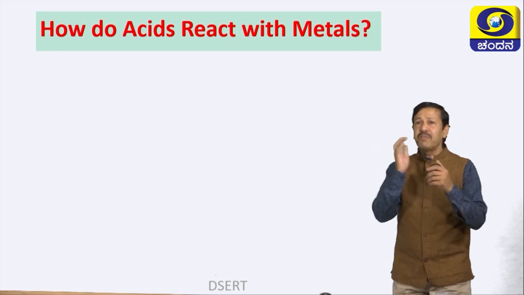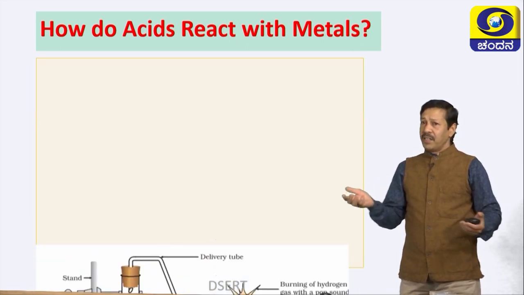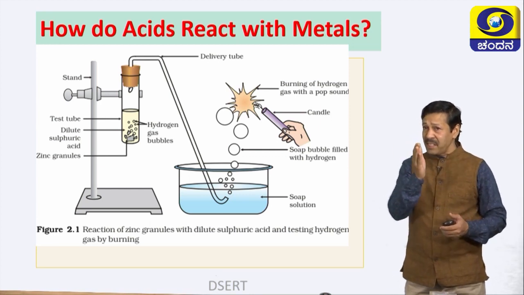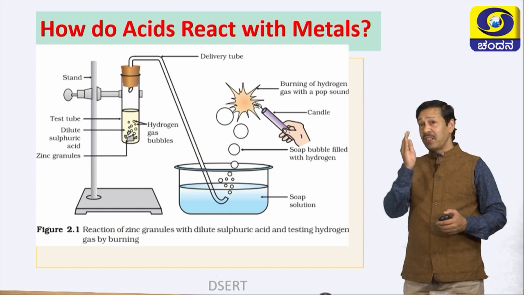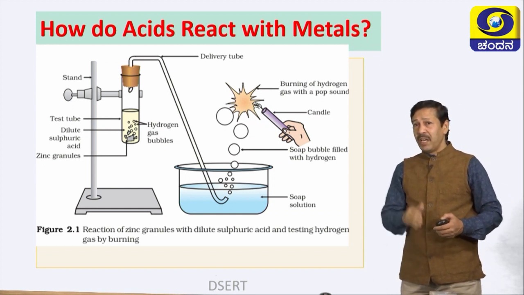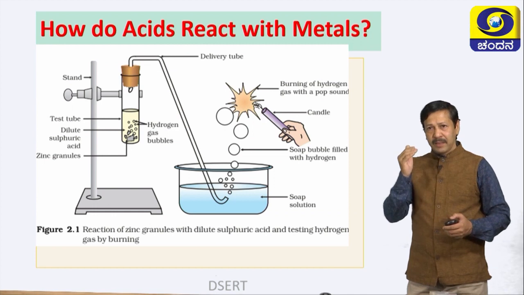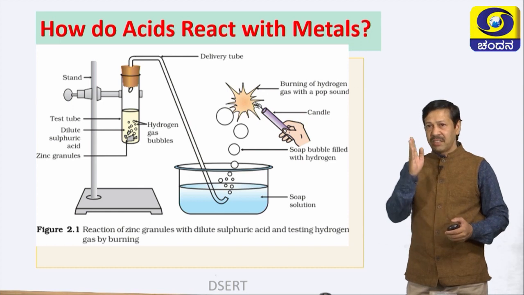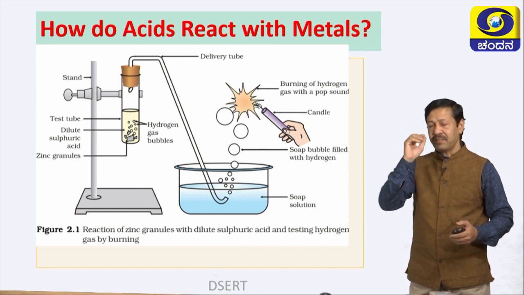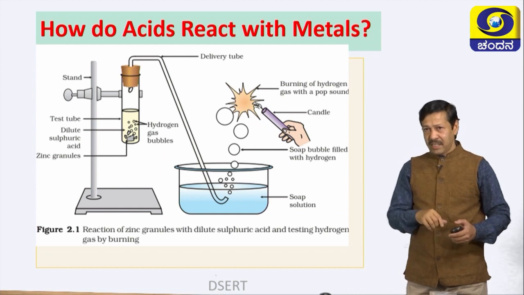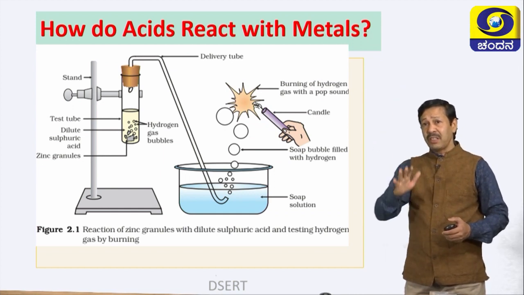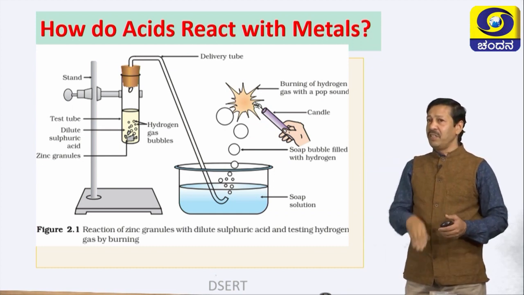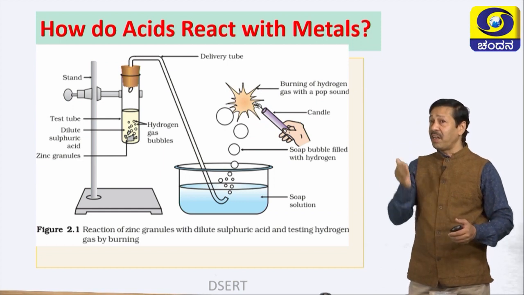How do acids react with the metals? Already you know this one. This is a very important diagram, already you practiced several times. Some application level questions are also possible. What you are seeing here, when metal reacts with a dilute acid, it displaces the hydrogen. Dear children, remember reactivity series. In the reactivity series, the metals just above the hydrogen, they displace hydrogen very easily. Now you got the hint. So easily you can answer any kind of question related to this one.